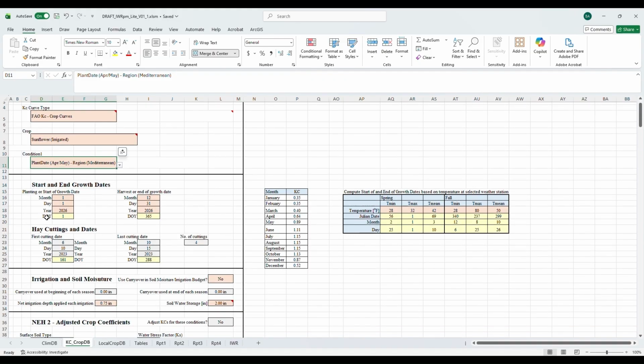And then moving on, we are prompted to input our start and end dates. This spreadsheet does not like to go into the next year. So if, for example, maybe you are planting in October. I'm just making these up. So October 2025, and you're going to harvest in February of 2026. So you can see here over in this table that it populates our October through December data,